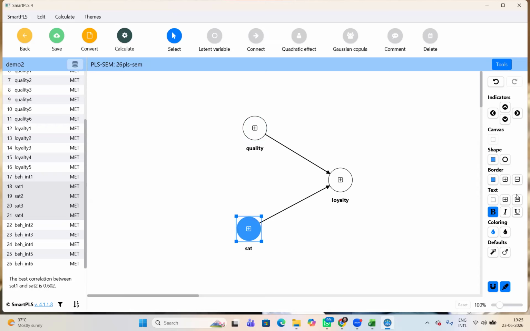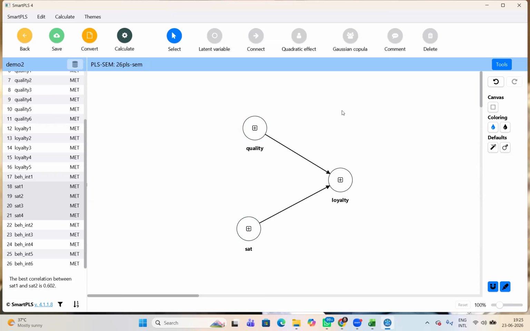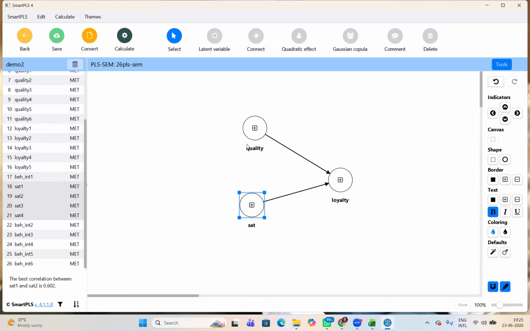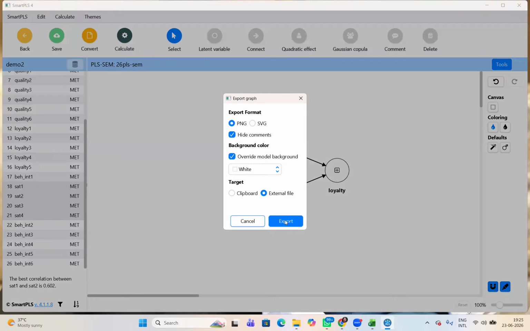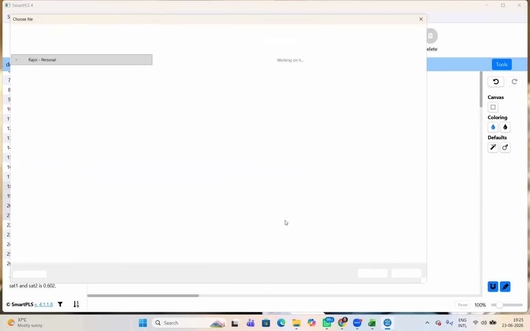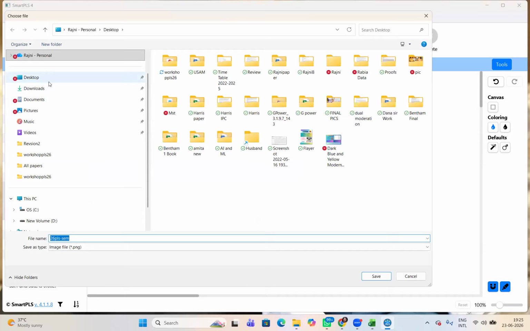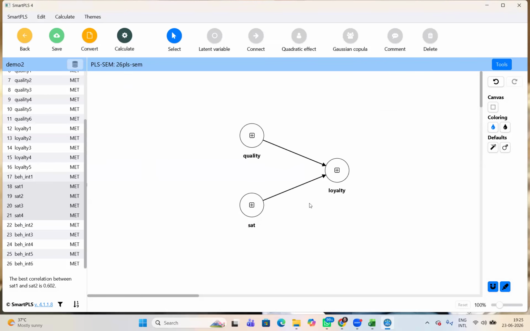I prefer this. Okay. And suppose you're making this type of model for your synopsis or your thesis. By clicking on the right side, you can export the image. When you export the image, you can save it automatically on your desktop, wherever you want. Okay. Are you with me?